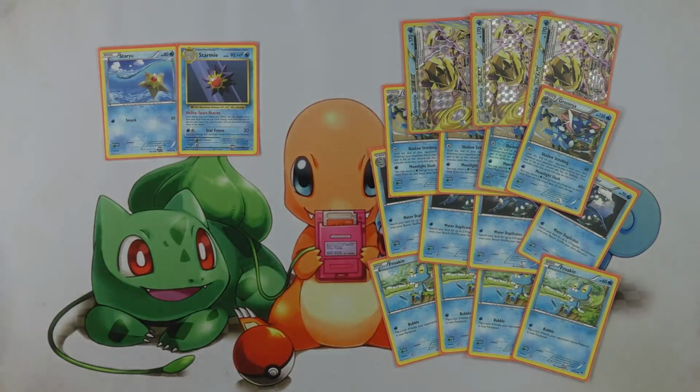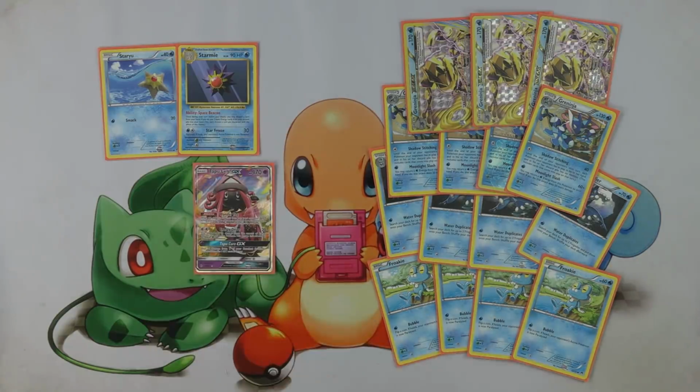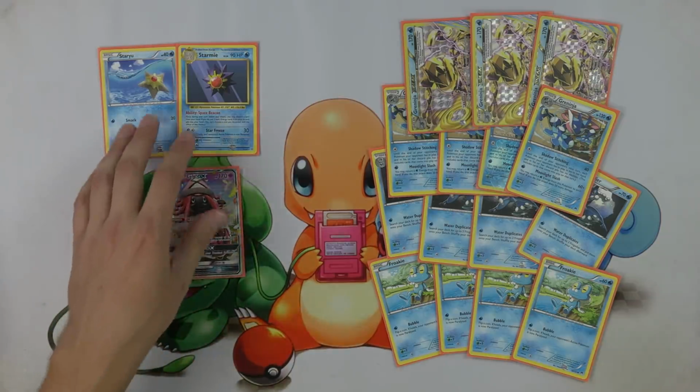You are almost always stretching for resources, trying to get that final energy you need to take that final knockout, so on and so forth. So Starmie is great for getting you to that late game and still having energy to boot in hand. Excellent. And then we also play, to finish things off, 1 copy of Tapu Lele GX, just because this deck's